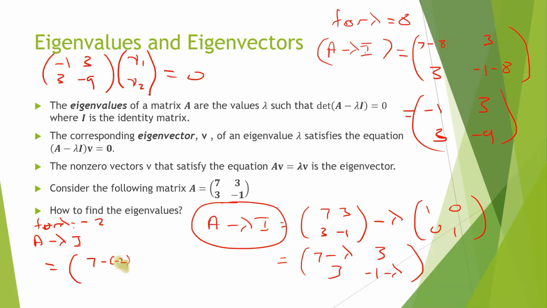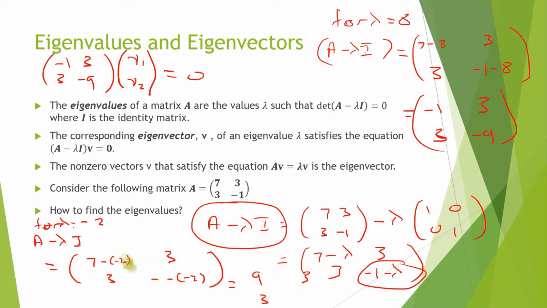So write it down like this. 3 stays as it is. Negative 1 minus lambda, which is negative 1 minus negative 2. So what is it equal to? It's equal to 9, 3, 3, and